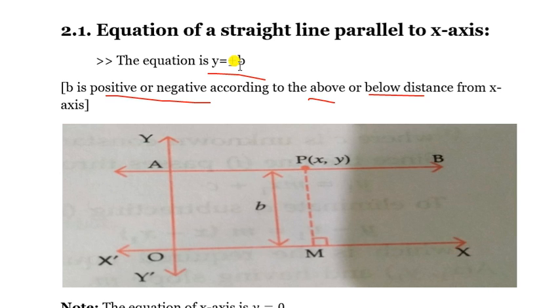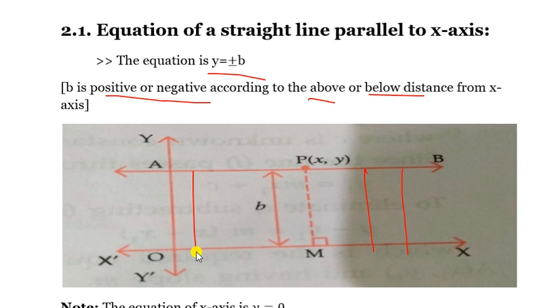Is the equation of a straight line clear? Listen, again I am telling, the equation of a straight line parallel to x-axis. That means AB. See, you can see here, this is parallel to x-axis, and parallel to x-axis means that distance is fixed. That distance will always be fixed. Always parallel. I said it's parallel, and the distance we are going to denote it by b here.